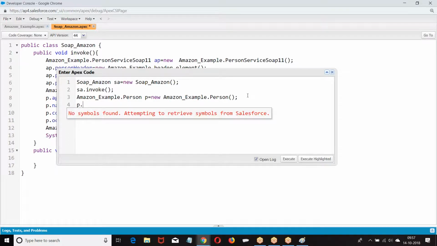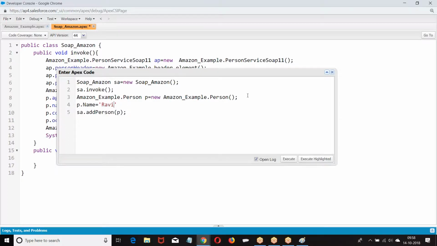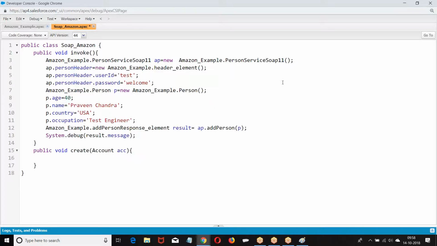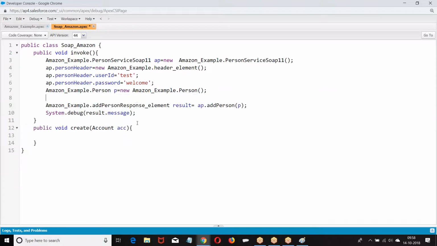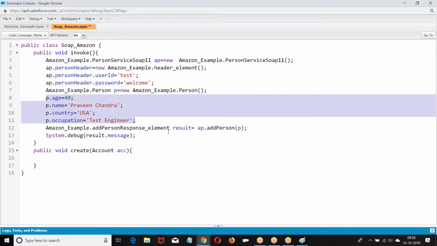Then give p.name, then I am passing p. I hope you got my point. That is the reason why I have created this. Now you are supposed to pass p. I cannot pass empty, so I allocated memory, then I have given the data, and that p I am passing. Did you get my point?